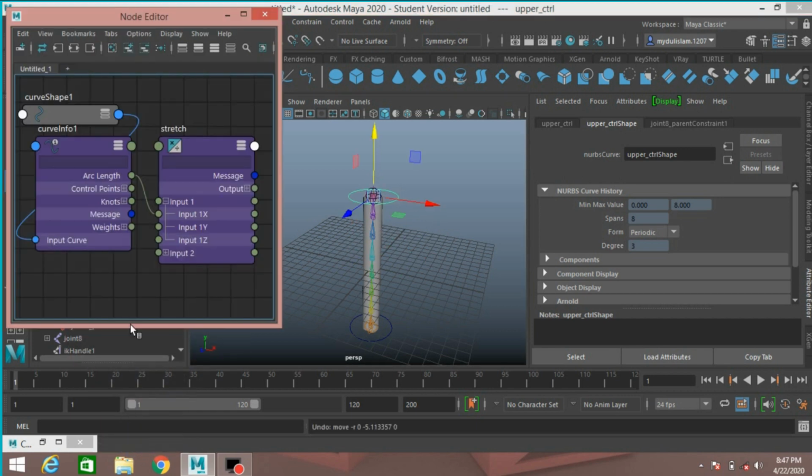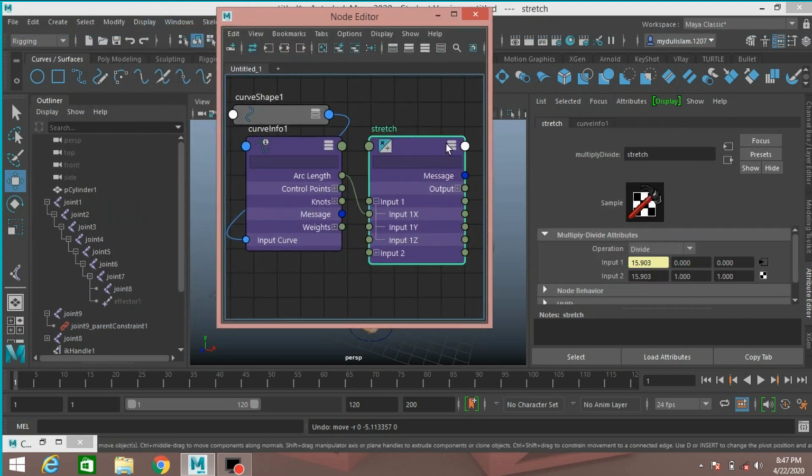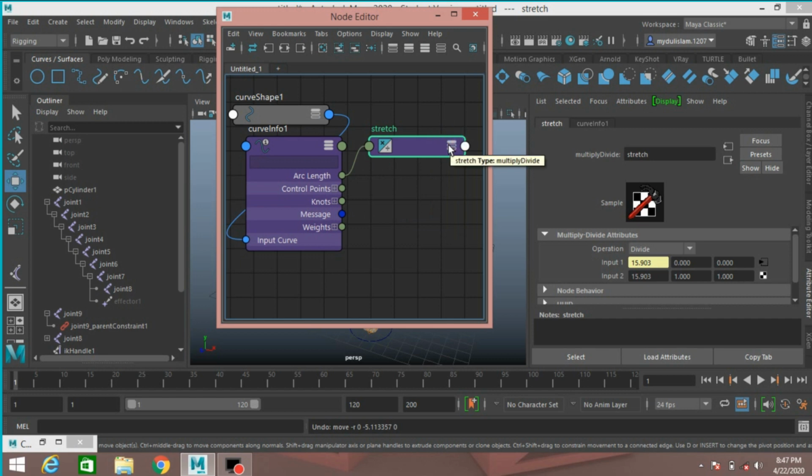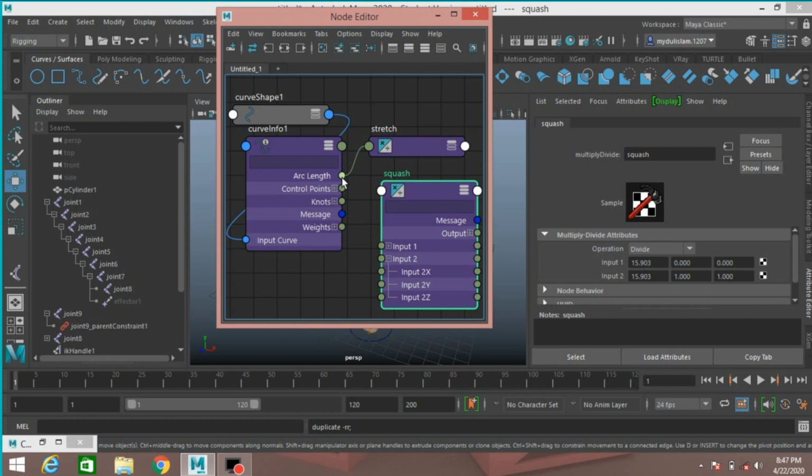Now open node editor. Again select this and press Ctrl plus D to duplicate it and rename it squash. And connect the arc length to input 2x.